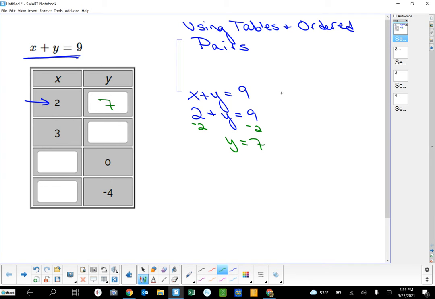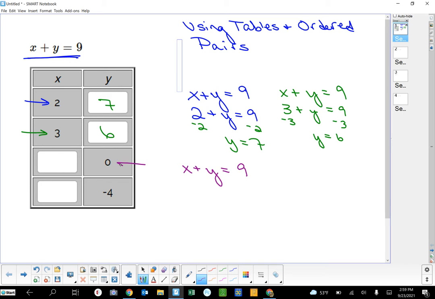Okay, then we're going to do the same problem again. X plus y equals 9, but this time x is 3. 3 plus y equals 9, and we subtract 3 from both sides, and y equals 6. So now y is 6. Well, now varsity changed it up on us a little bit. X plus y is still 9, but now we're told y is 0. So now we're plugging 0 in for y, and now we're moving that over, right? Subtracting 0,